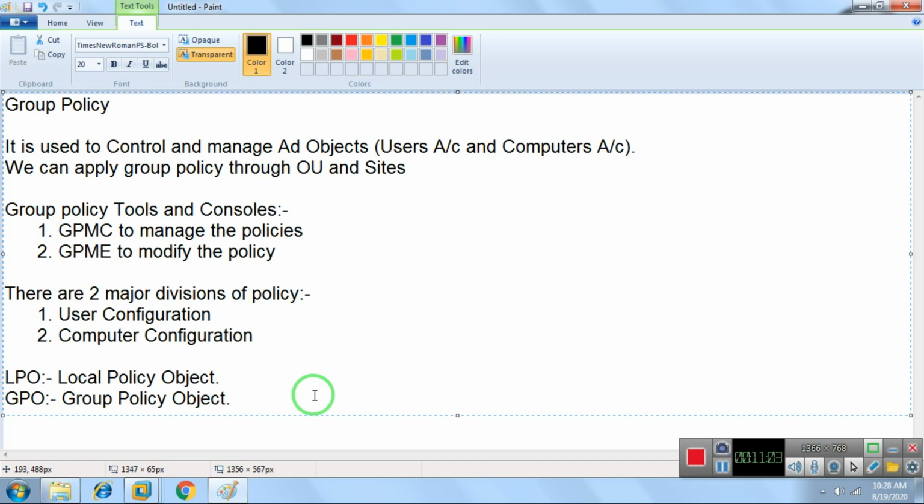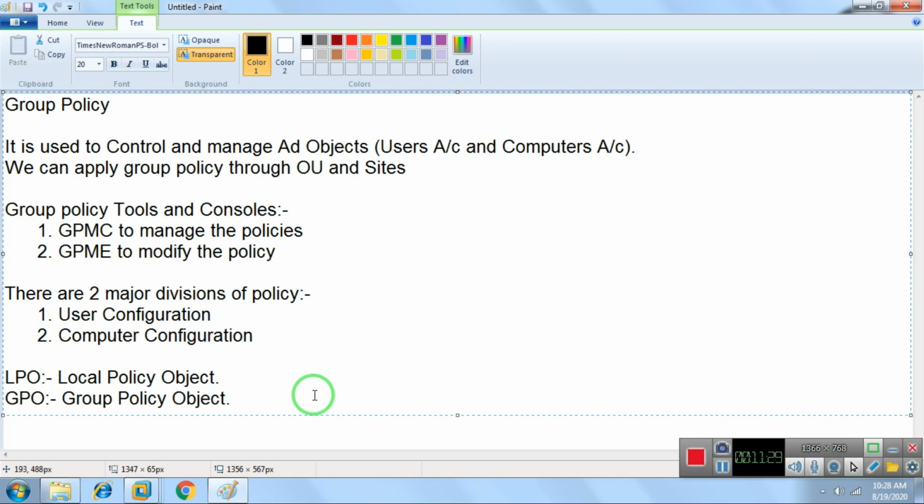We have a local policy, yes, we can access it, but the policies are not working by default once your server becomes a domain controller. In that case group policies are working. So we have two types of group policies: local policies and group policies. Local policies run in a workgroup and group policies run in a domain network. Remember these things. Okay, fine.